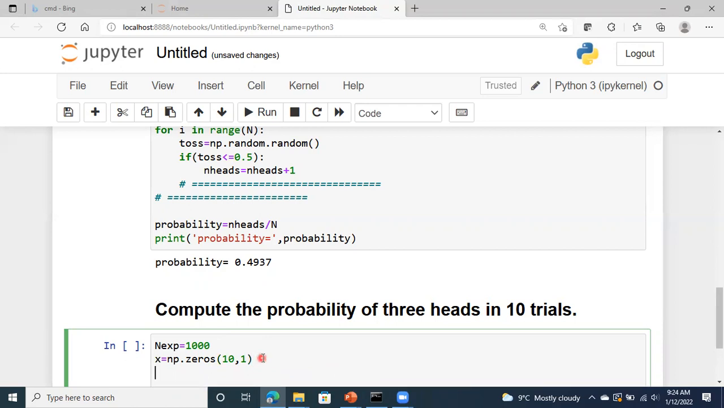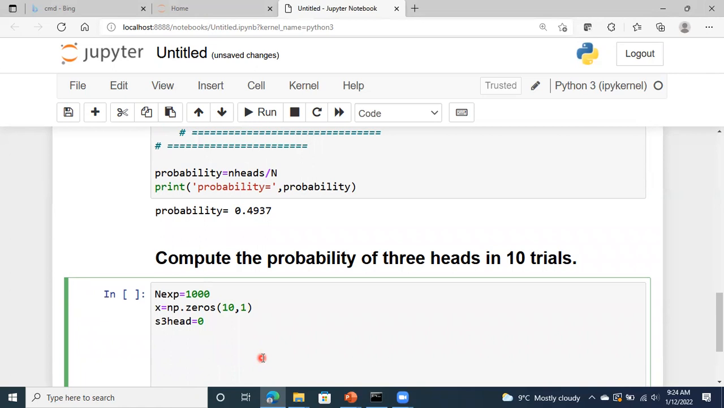Okay. So now I have to compute the successful experiments, in which I say as 3 heads experiment, right? This is equal to 0. So this is to represent those experiments in which out of 10 we get 3 heads. So now I write for j in range n experiments, and each experiment,